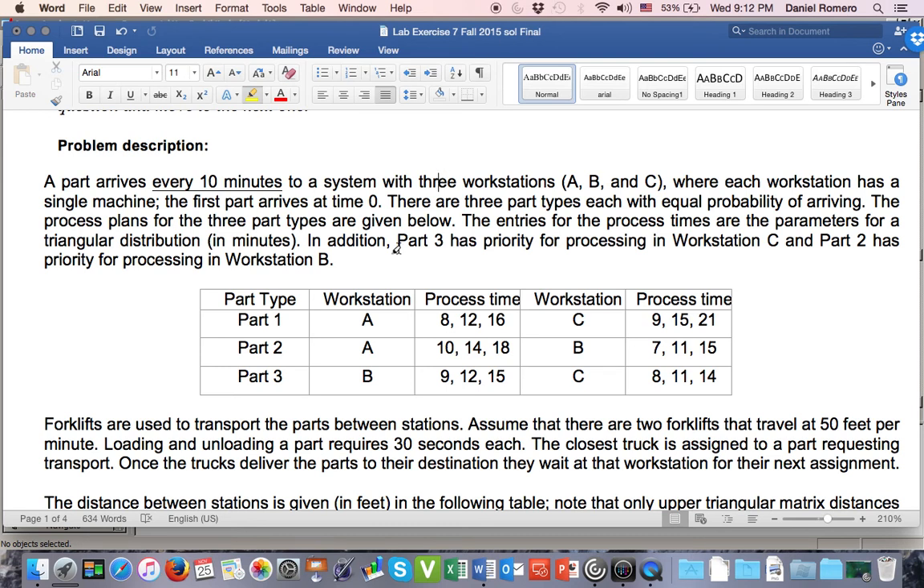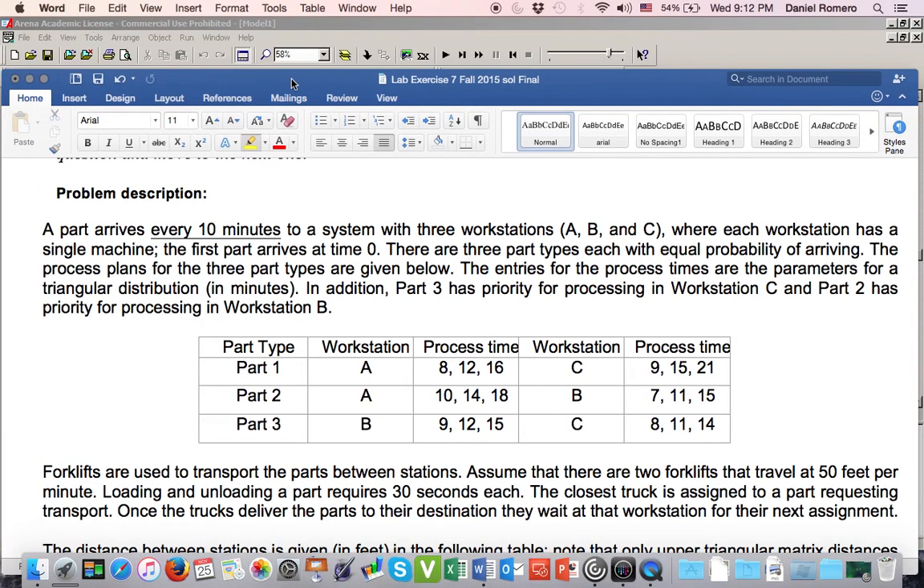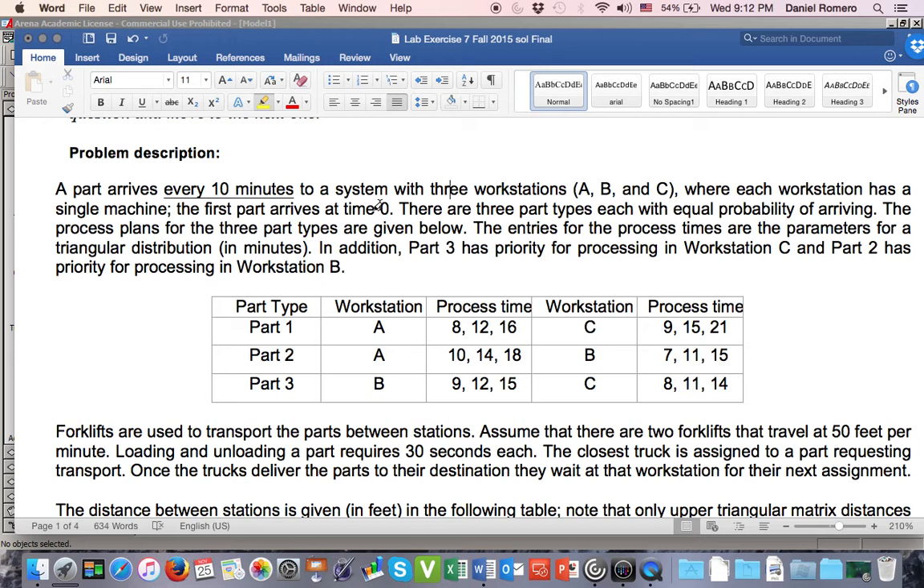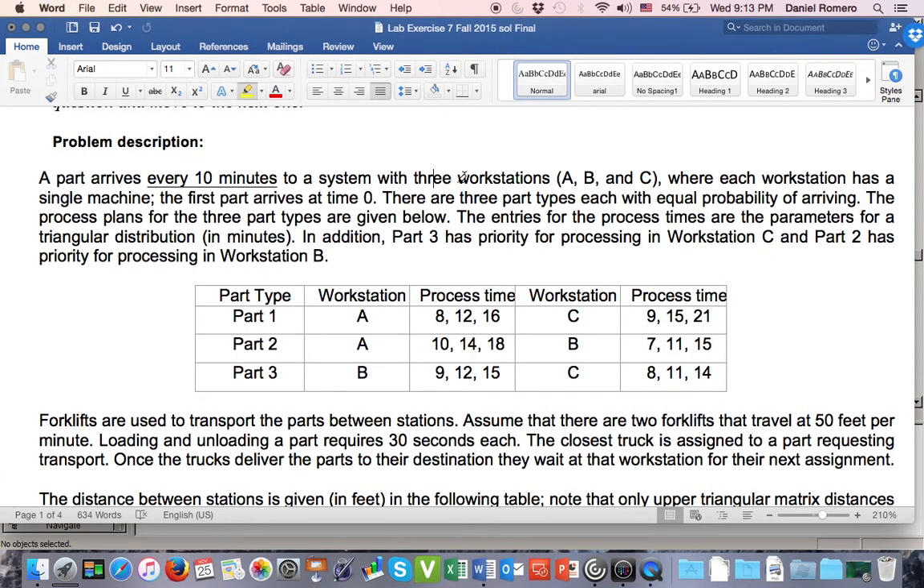Welcome to lab exercise number 7. In this lab, we're going to learn how to use the advanced transfer template, and we're going to use the leave, enter, and transporters module mainly. So at this point, you should have read the problem description, but let's go over the most important aspects of